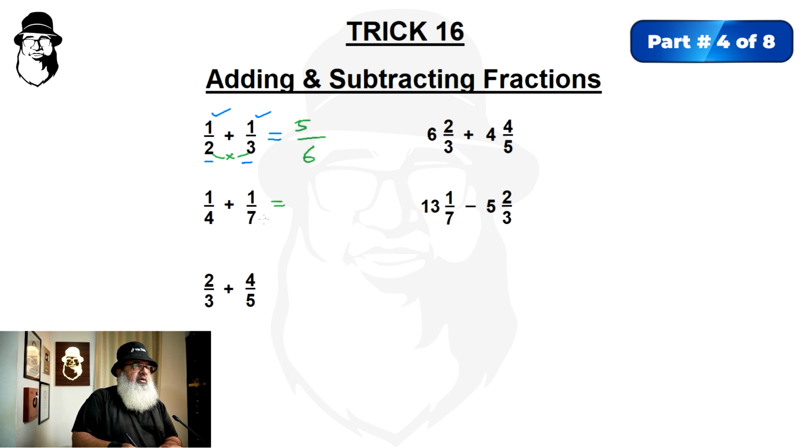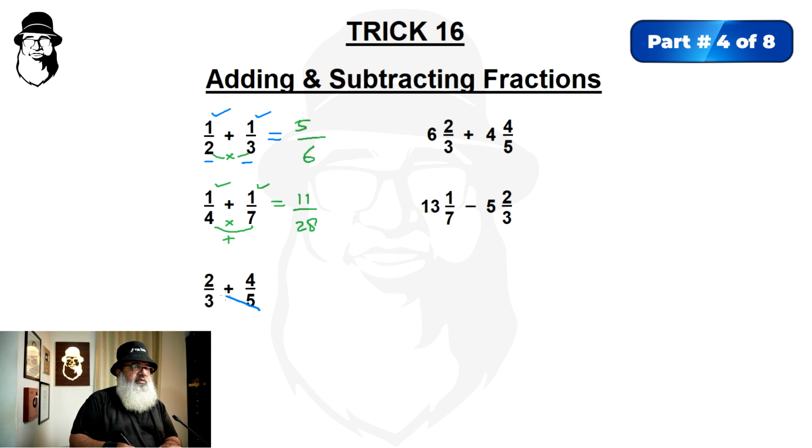And same here. We can see here we have ones. 4 plus 7 is 11. And 4 times 7 is 28. That's our answer. But if it's not 1 on both of the fractions, then what we do is we